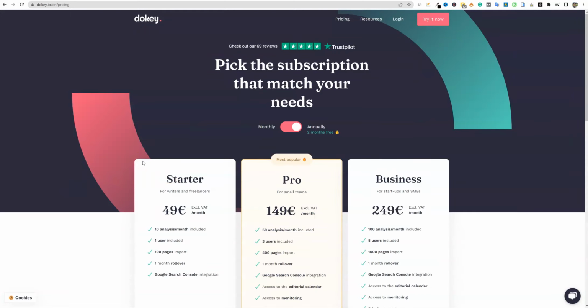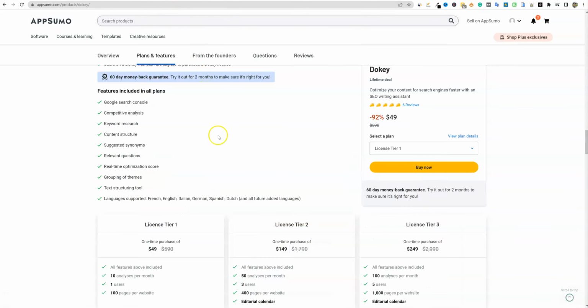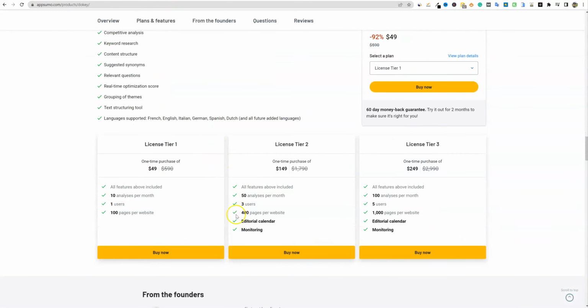If you compare this to some of the other tools like Surfer, this is definitely expensive when you look at basically $150 per month. Actually, if we went to monthly, $179 per month just to analyze 50 pieces of content. And most of you that are using AI writers, you're probably doing more than 50 pieces of content per month. So you really have to consider that when you're looking at this. That really puts it into perspective of how good the lifetime deal actually is, that you want to pick this up and pay just one time.